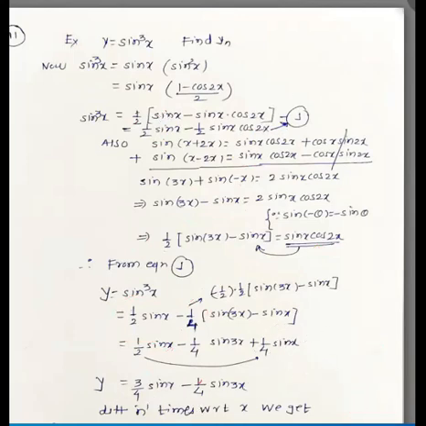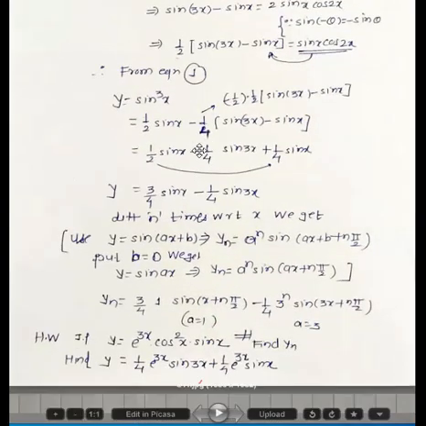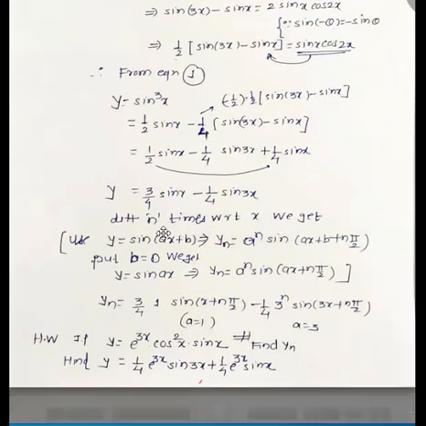Now differentiate n times. We can differentiate this term: instead of sin cube x, differentiate this term n times. So we get it. Now what is the nth derivative of sin(ax + b)? It is a raised to n into sin(ax + b + n times pi by 2). You have to add this and multiply with a raised to n.